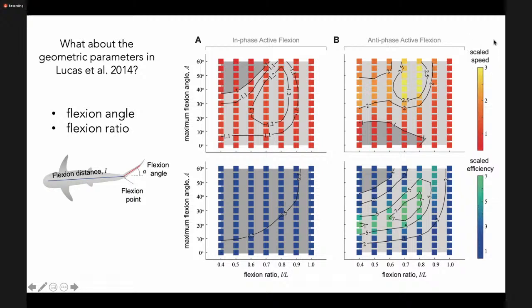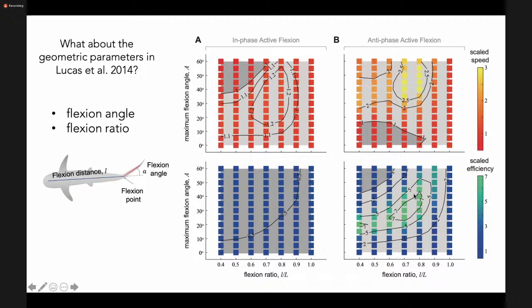You see that the scaled speed is always scaled with the rigid flapper. You get some little advantage in terms of scaled speed, like a 10-20% increase in speed when you're actively flapping in phase, but no advantage in terms of efficiency. But when you actively flap anti-phase, you get about a 250% increase in speed relative to rigid flapping, and about 700%, or 7 times, increase in efficiency relative to rigid flapping. So those are very large